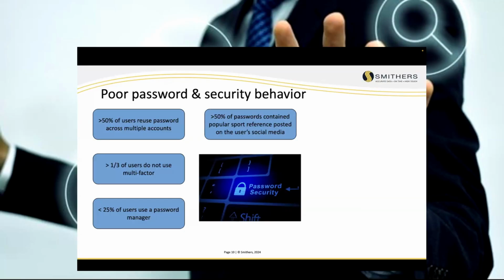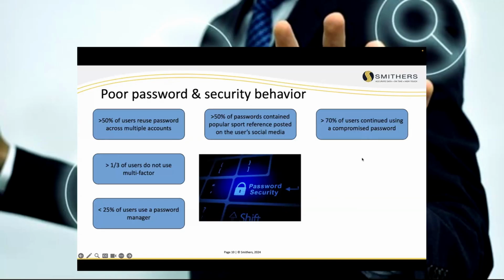So all I have to do is look at Robert McVay. By the way, I don't use it, but you can look at Robert McVay and say, oh, he's a Dallas Cowboys fan. I am not. Don't mean to offend anybody. I'm just not a Dallas Cowboys fan. But if you looked on my profile and said, oh, he's a Cowboys fan, he might have something to do with it. So they start building that social engineering packet about what I'm doing to figure out what my password is.